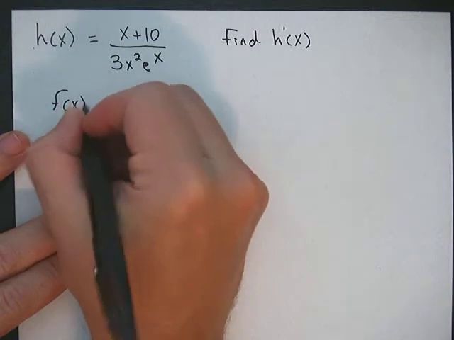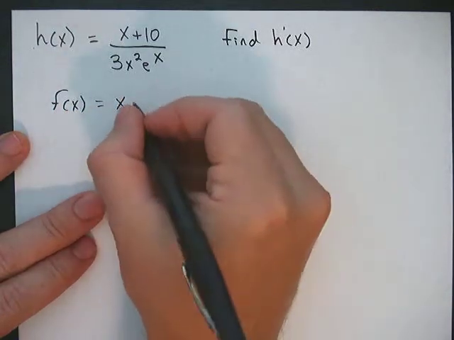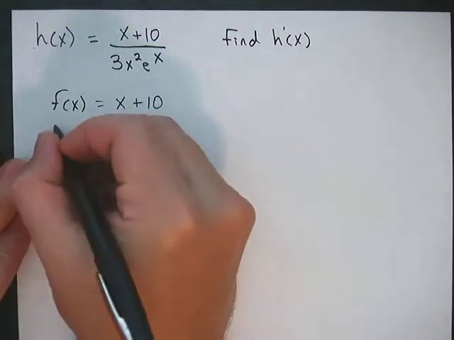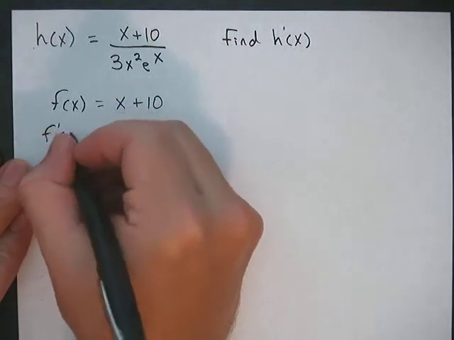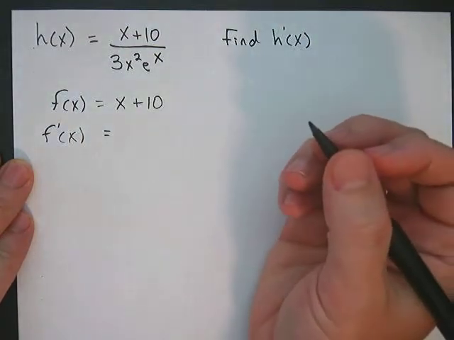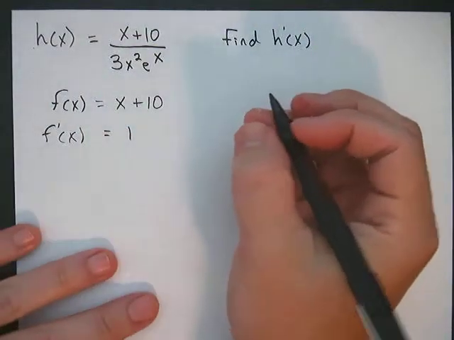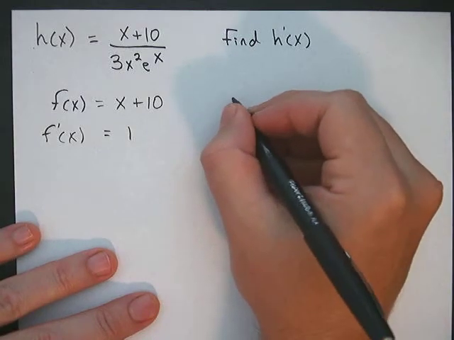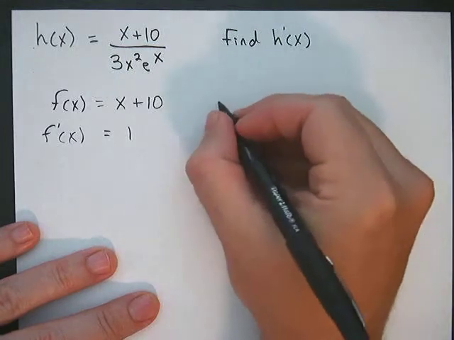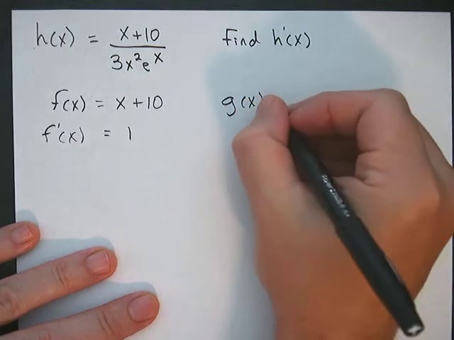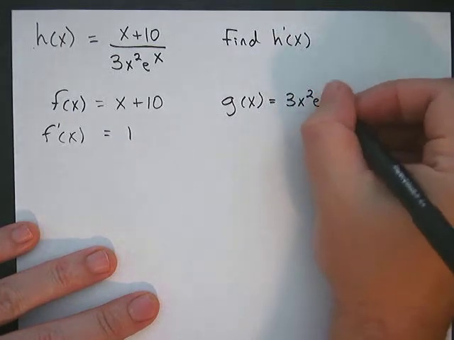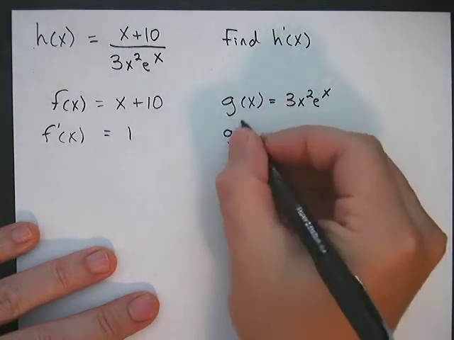Okay, so let's do a little work before we get started. Let's call f of x x plus 10, and we can go ahead and say that f prime of x is equal to, well, what is the derivative of x plus 10? Well, it's equal to 1. We can also say that we can split this up, or let's just keep it together. So we'll say g of x is equal to 3x squared e to the x, and g prime of x,